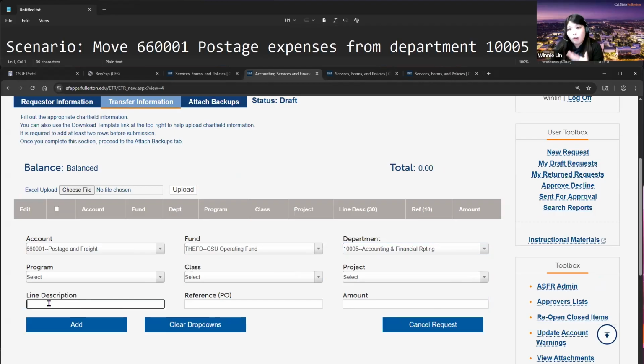Line description. So Jenny went over some of the examples for what you want to put in for line description and reference. The more information, the better, so it's very clear what transaction is being transferred and so on. Please note, there's a 30 character limit for line description, including spaces, and a 10 character limit for references. So I'm just gonna put for line description, this is an AP voucher. I'm gonna put the customer and I'm gonna put the DP number. And reference, I'm gonna put the journal ID